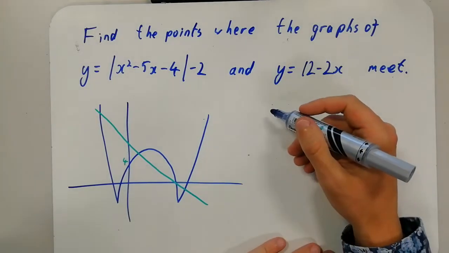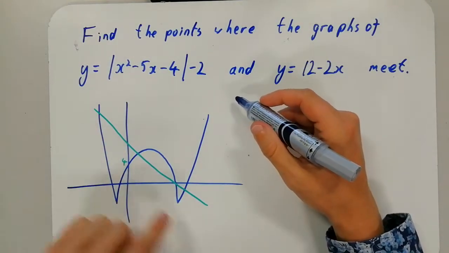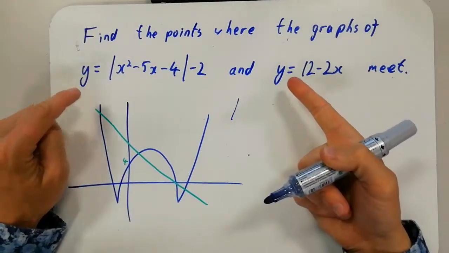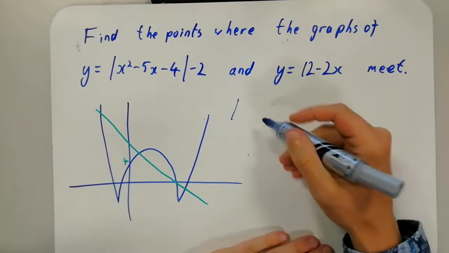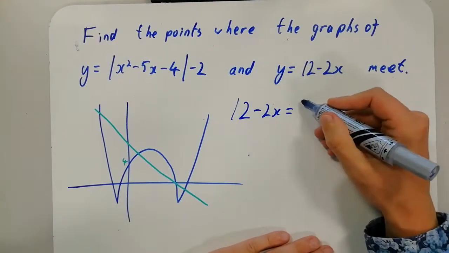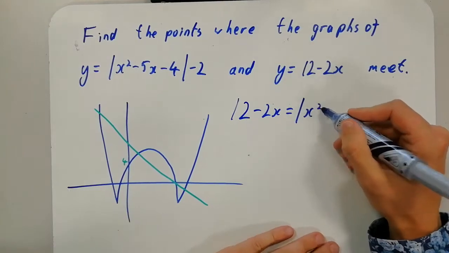Okay, so how to solve this? Well, like any time you find intersections, you set the two equal to each other. You're basically substituting that y in there. So we get 12 minus 2x is equal to modulus x squared